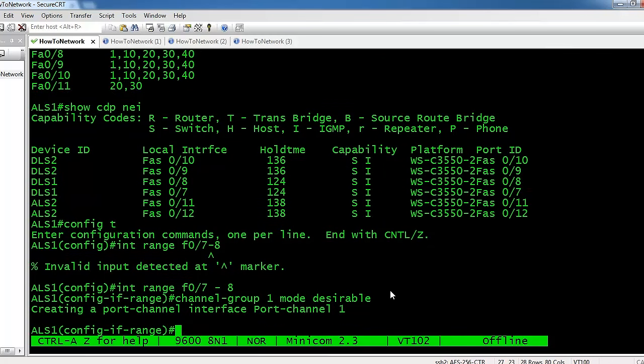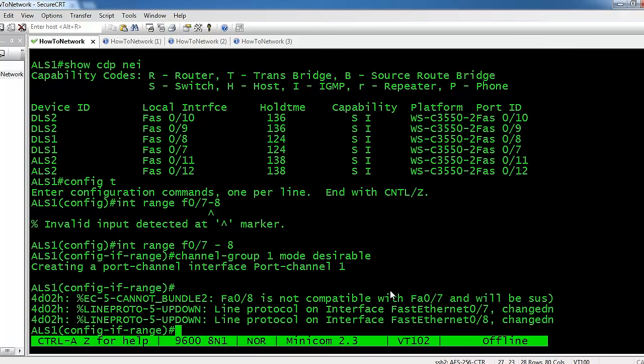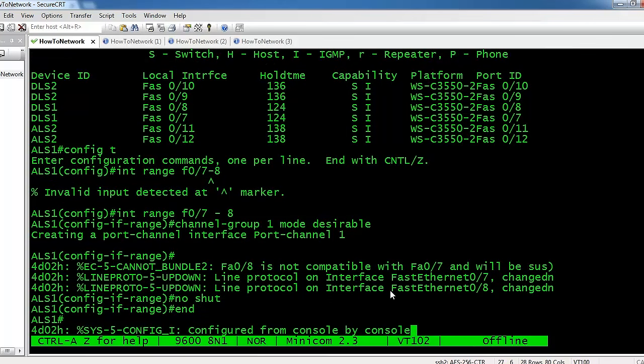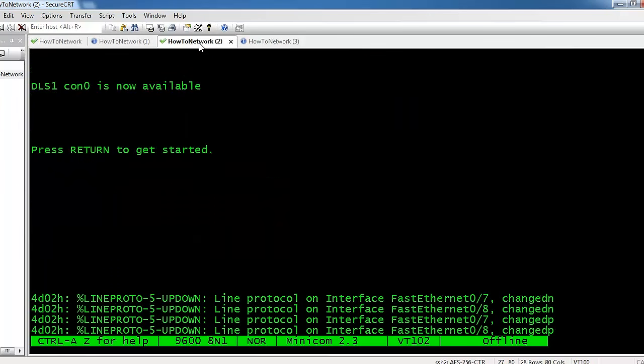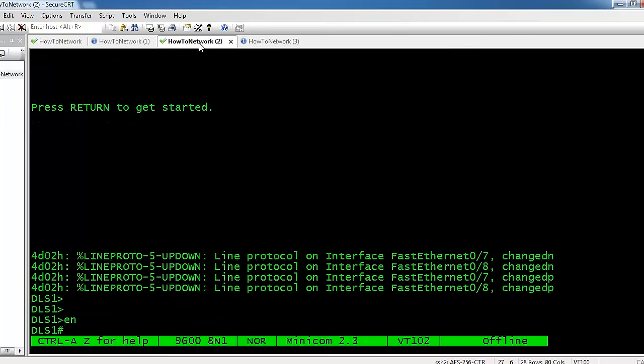It's going to actively try to establish an EtherChannel with the neighbor. Now the EtherChannel is not formed yet, obviously, but you do need to do a no shut to make sure that these ports are up. And now it is actively trying to bring up an EtherChannel, although that won't happen yet until we program